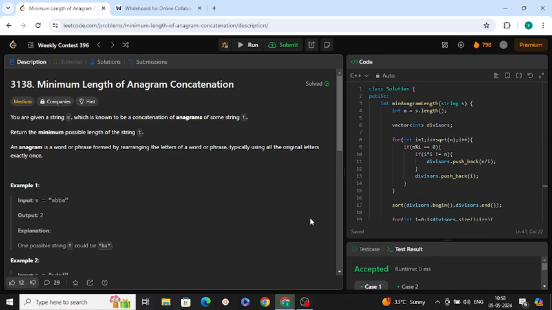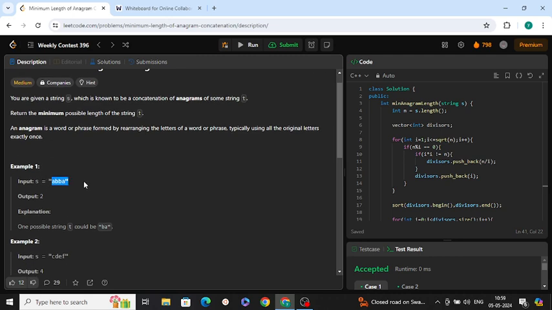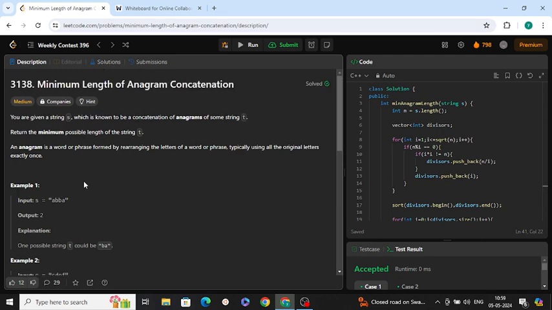This is Yash. So today we are discussing a problem from the LeetCode Weekly Contest 396. We'll be discussing the third problem from the contest. This problem is not a difficult one. You just need to check all these test cases properly, and a dry run using pen and paper will be enough to solve this problem easily.